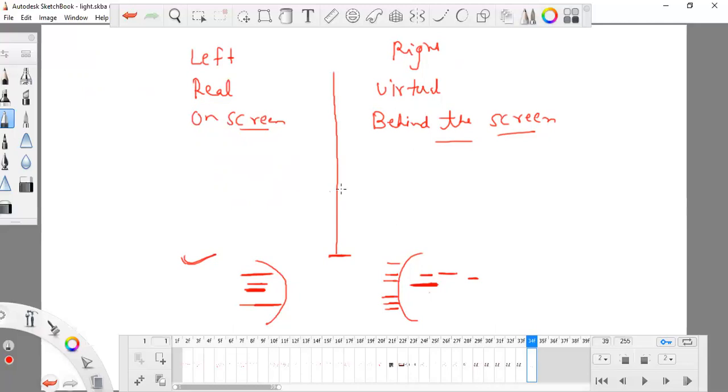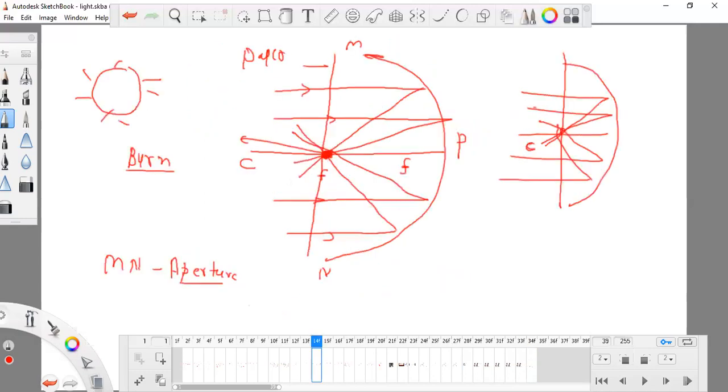Okay, if I consider this is the mirror, I'm not taking the curvature, I'm just taking this side as the front side and this side as the back side. Light rays are striking at this side in both of them, at their concave or convex surfaces. But in this case the image is forming here, and in this case the image is forming here. The F most probably indicates the formation of an image, because if the light rays never meet, it will not form any type of image.